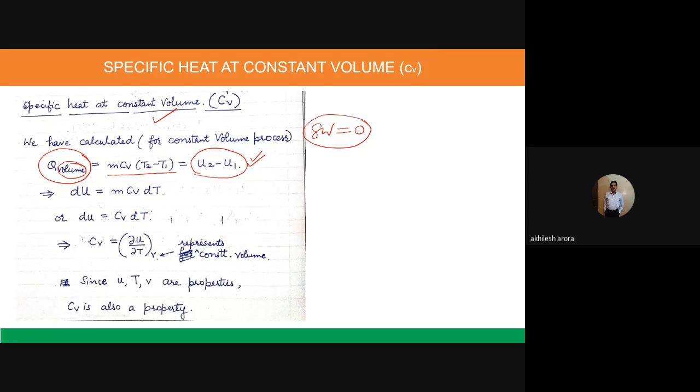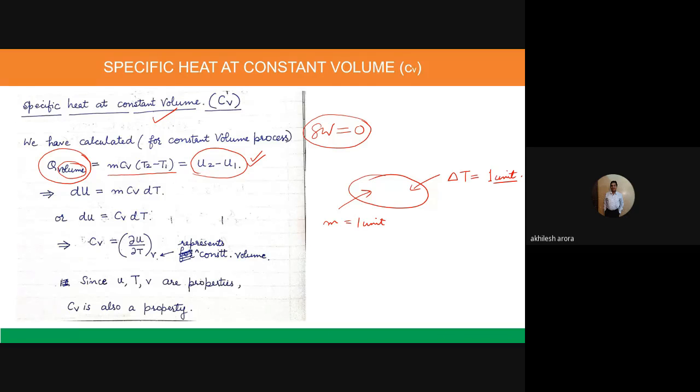Specific heat means the heat required to raise the temperature of a unit mass of a substance through one degree Celsius or one degree Kelvin. So if you have a substance with a mass of 1 unit, and its temperature is raised by delta T, which is equal to 1 unit,